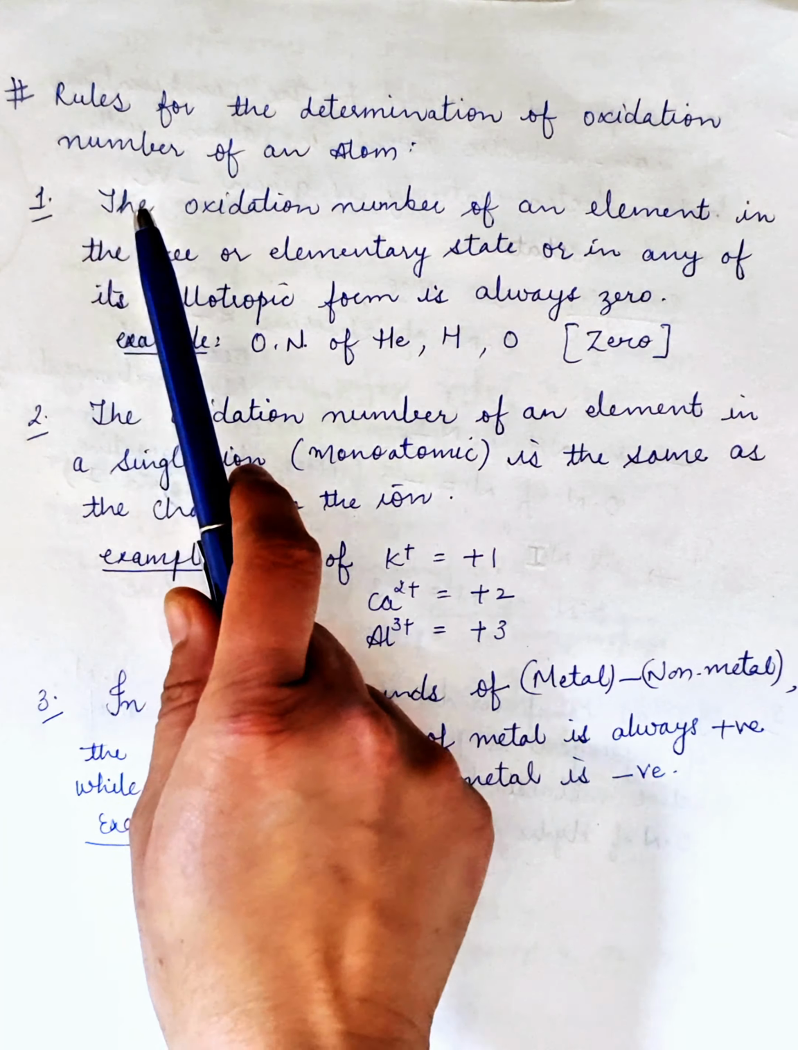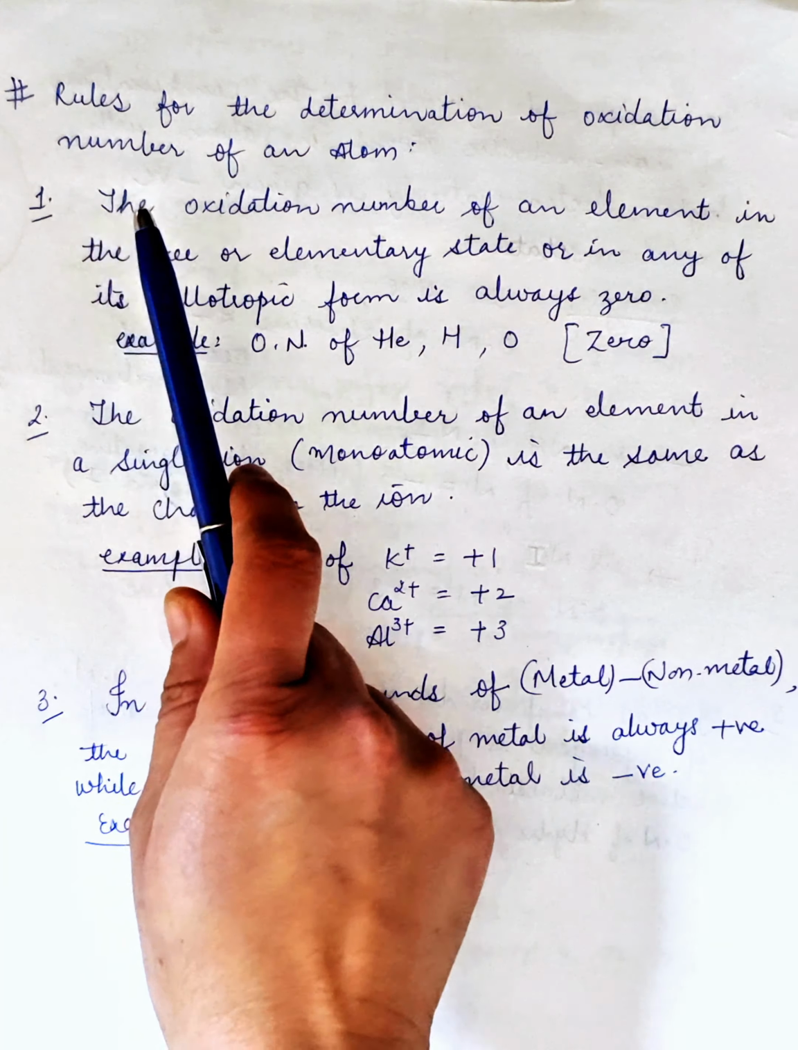For example, for elements like helium, hydrogen, oxygen, if we consider the atomic form in the molecule, then its oxidation state or oxidation number will always be 0. For example, oxygen: the oxygen atom in an oxygen molecule or in an ozone molecule, O3, elemental oxygen will always have oxidation